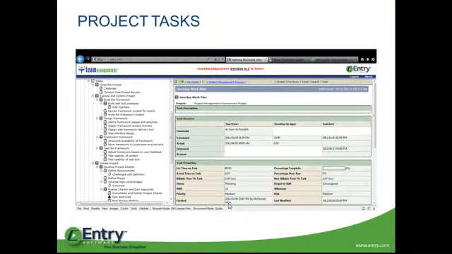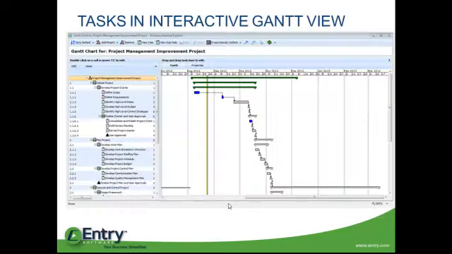Underneath tasks we can have tickets. Tickets can be used to execute work instructions for a particular task and can be used to capture time against a particular project task. Here we have our task in an interactive Gantt view. As you can see, we can organize these tasks, we can edit them, all the task information is available to us here, and we can move them on the time scale and update the project and all their dependent